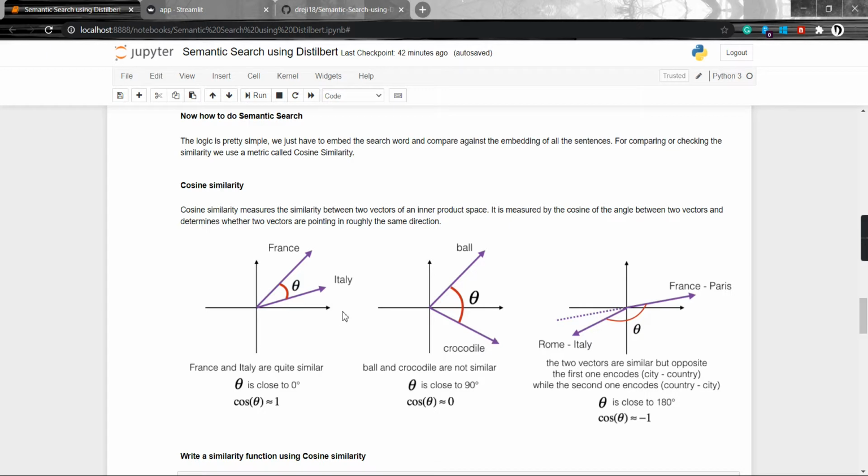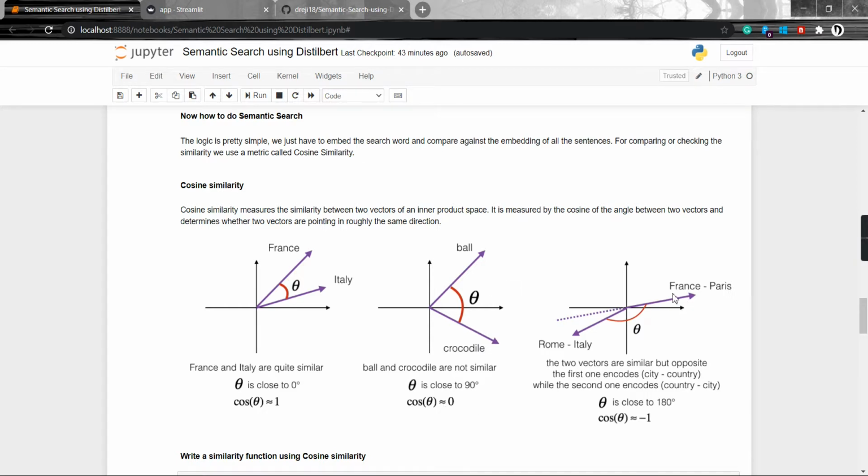The cosine of the angle gives me how similar these two vectors are. In this case, we can say France and Italy are kind of similar. And here, ball and crocodile have no similarity, so they are separated by around 90 degrees. That means cos theta is 0, so no relation.